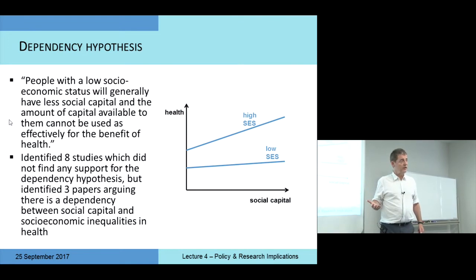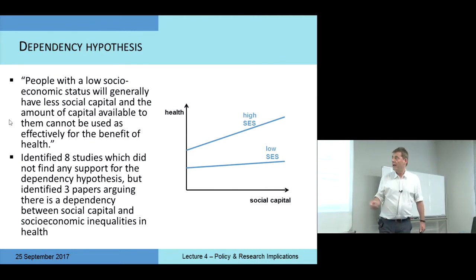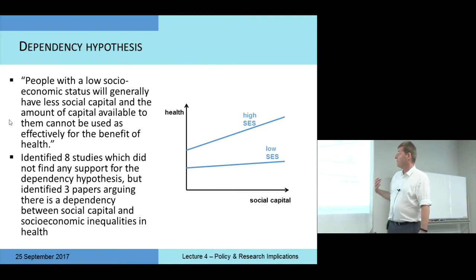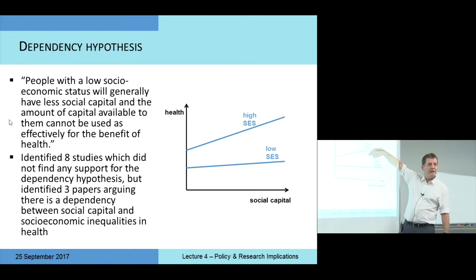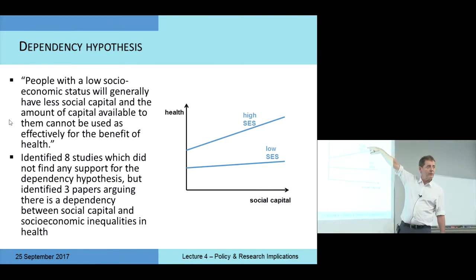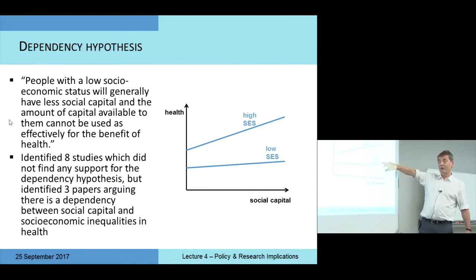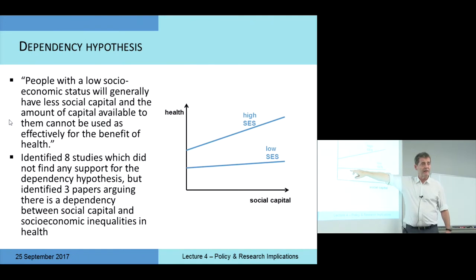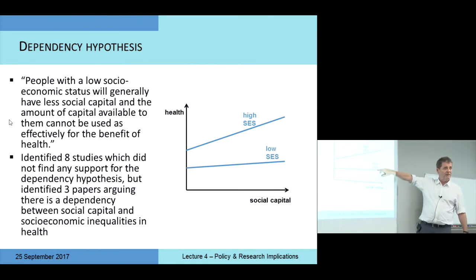Classic example of this is introducing screening as an option. The groups that have high participation rates typically are the advantaged groups. The groups with the lowest participation rates in the screening program are the disadvantaged groups. So the idea here is that in order to get the benefit of social capital in terms of improved health, you have to belong to the high socioeconomic status group. If you belong to the low socioeconomic status group, you might get some benefit. The line is positive slope, but not very much compared to the high socioeconomic group.